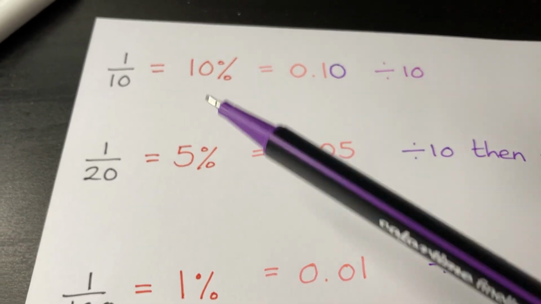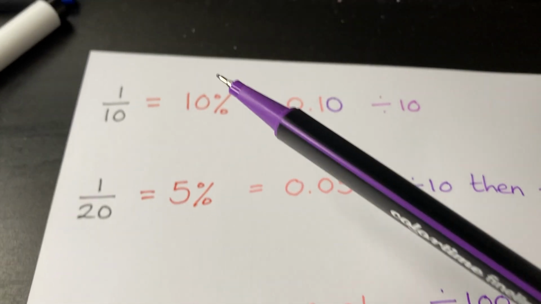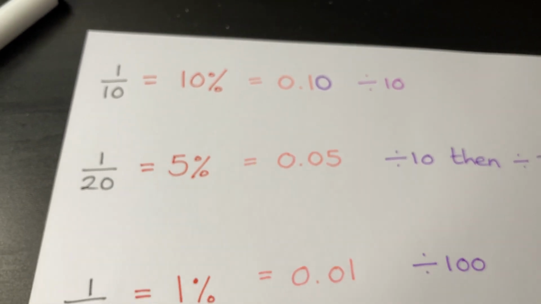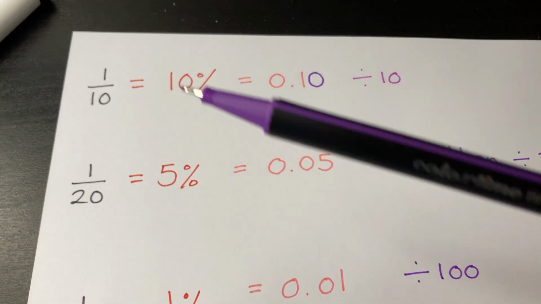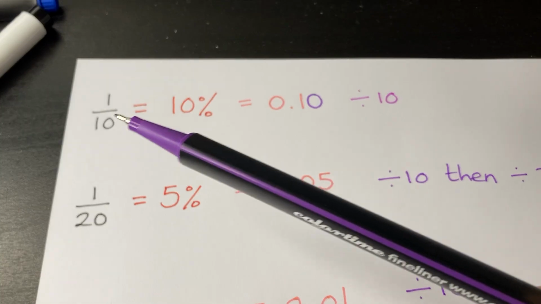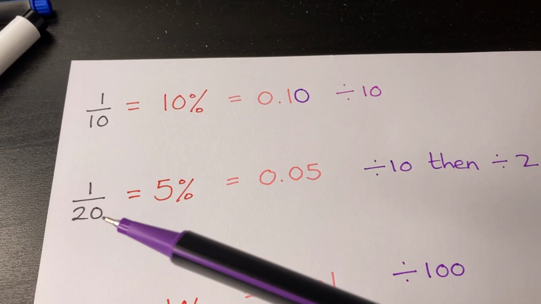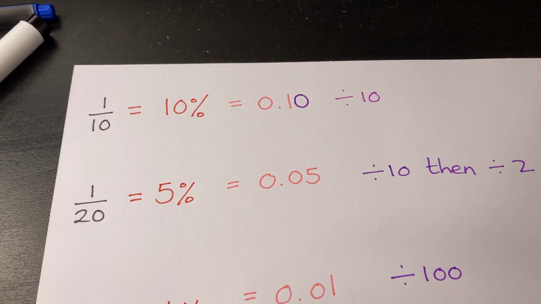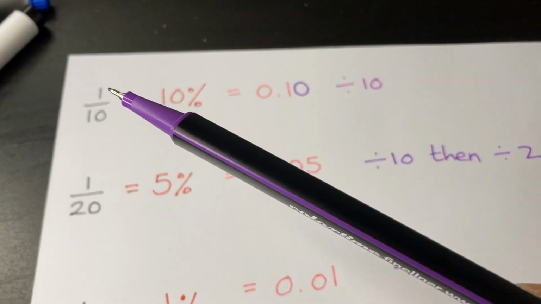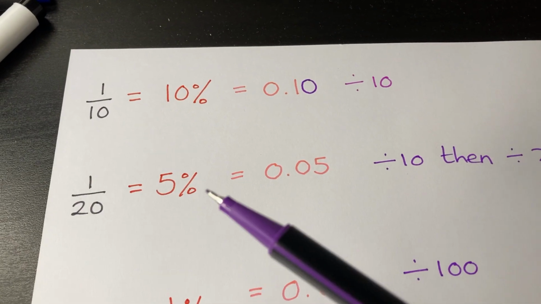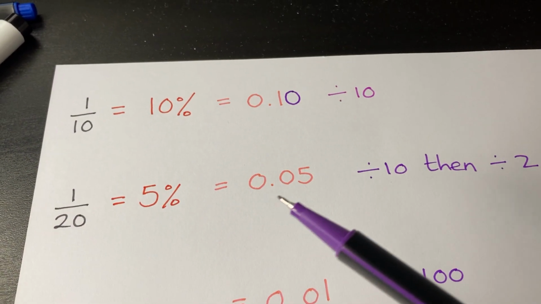5% in relation to 10%, what's the relationship? It's half of 10%, isn't it? 5 is half of 10, so 5% is half of 10%. So all we did with the fraction, if you halve 1/10, you get 1/20th. If you want to halve a fraction, all you need to do is double the denominator. So half of 1/10 is 1/20th, which is the same as 5%. 5% is half of 10%, and as a decimal, this is how it looks: